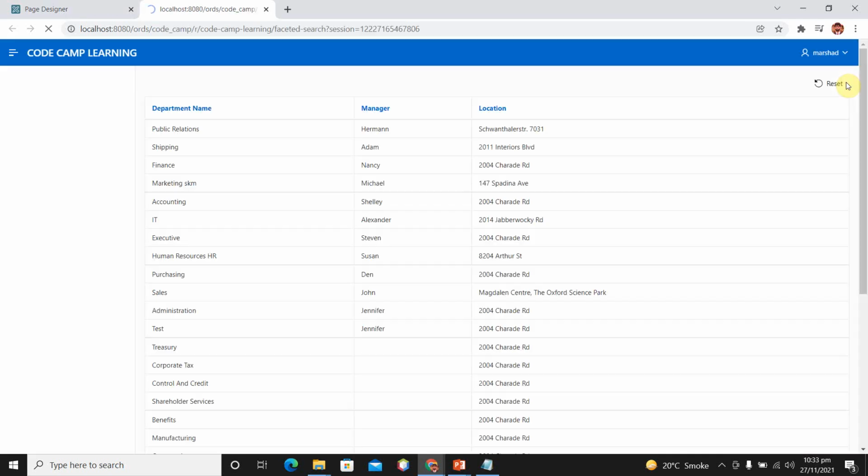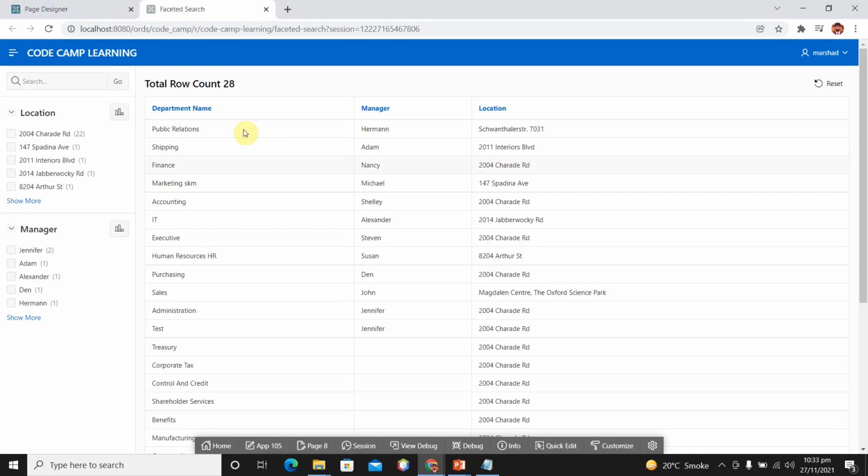Run your page. Here you can see the total row count is 28. Here we have department name, manager, and locations. And here we have a reset option, and a search based on location and based on manager.